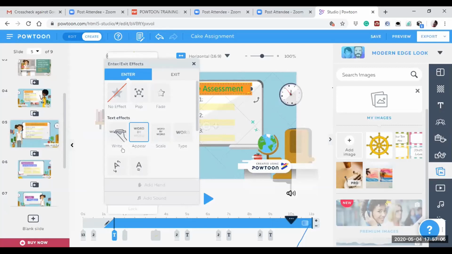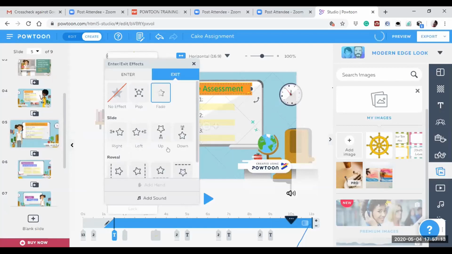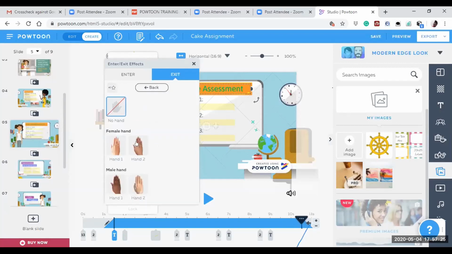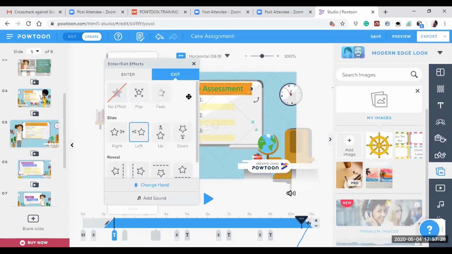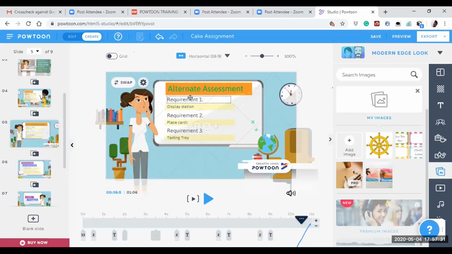You have so many options. Let's say you want that particular effect when you're exiting it. You can choose to click on exit. You want information to drop down. You want it to go up. You want it to be left skewed, right skewed. You have that option. All right, I'm going to put a hand as well. I choose a hand and I'm good to go. Click outside of that box, and that's that. For requirement 1,